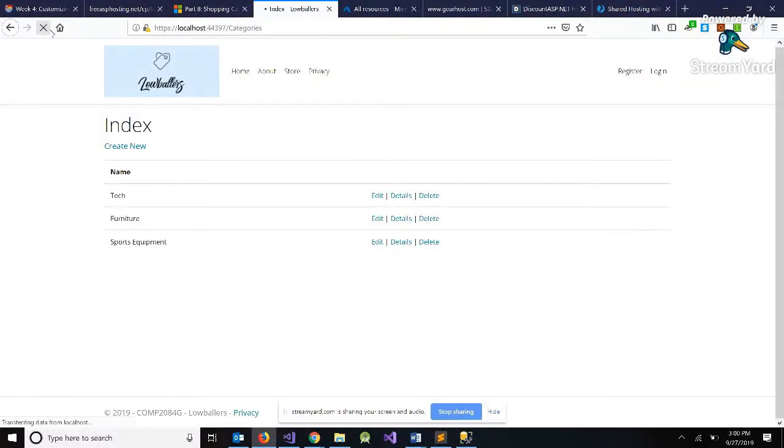Okay. So I've pointed my web application back now to using my local server. So what I want to start doing is customizing this scaffold. There are things we're going to want to change in the models, things we're going to want to change in the views, and things we're going to want to change in the controllers. For starters, let's start with this list, right? What order, every time I add a new category,